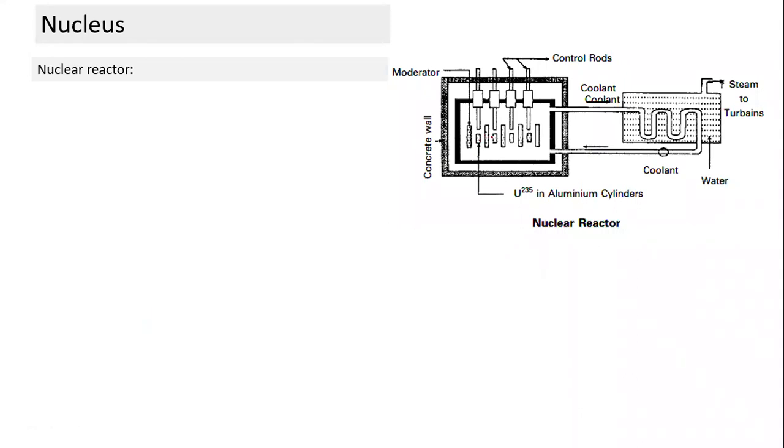So what does a moderator do? It slows neutrons down, and when they reach here, they get absorbed. It just can't slow down every neutron to the same value, but so many collisions are taking place. So what will happen when they reach here? Some of them have their kinetic energy changed in such a fashion that some will get absorbed by U-235, some will get absorbed by U-238. All we want is that out of the 2.5 neutrons released in fission, exactly one should get absorbed in U-235 to continue my nuclear reaction. So in a steady state, each neutron should trigger one fission, and so on it should continue.